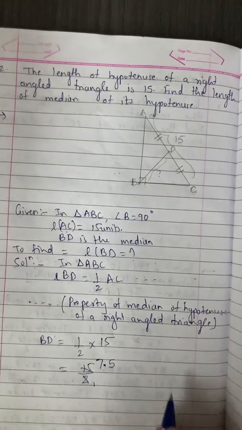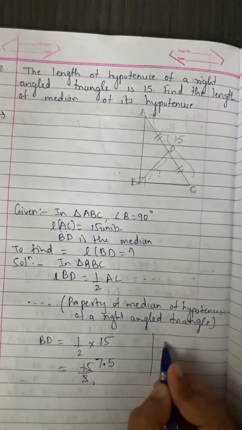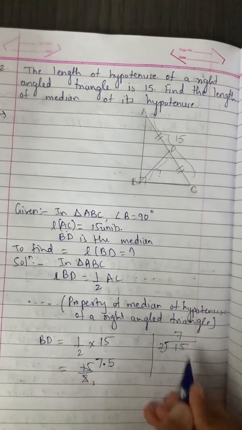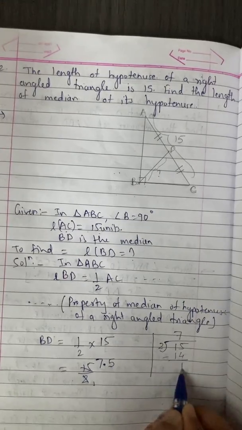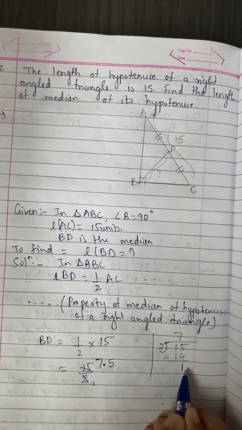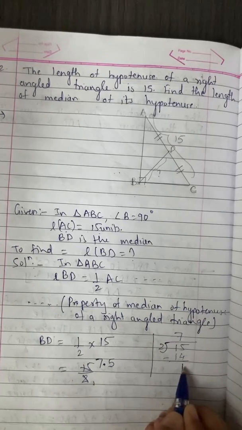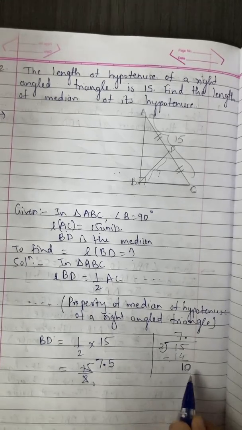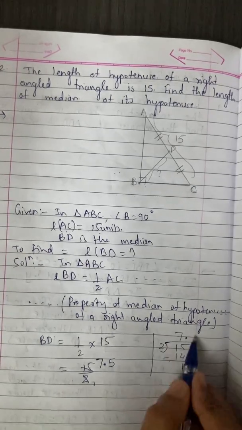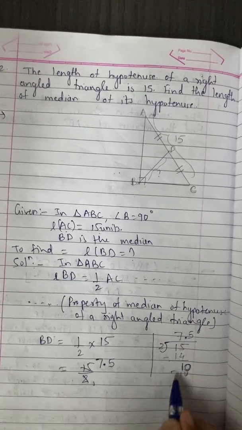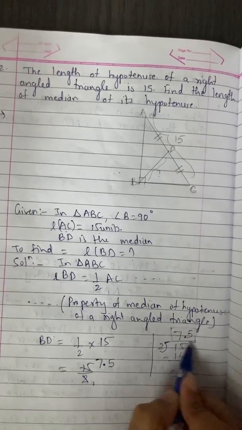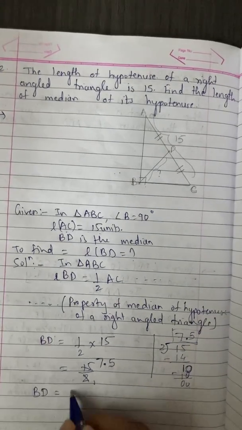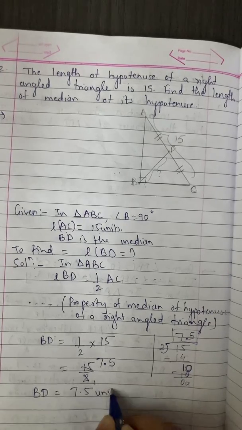It is 5. In rough work, you can easily do 15 divided by 2 here also. So 15 does not come, so 7 we have to do. It is 14. 1 remains. So we do not want a remainder, right? We want the answer. So 1 does not come in 2 because it is a small number. So when we give a point over here, 0 is added. Okay, so now 10 comes in 2's table. So 2 fives are 10. And now we have remainder 0. So this becomes the quotient, the answer. It is 7.5. So BD is equal to 7.5 units.